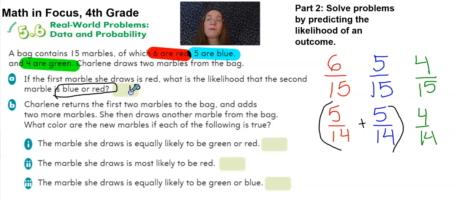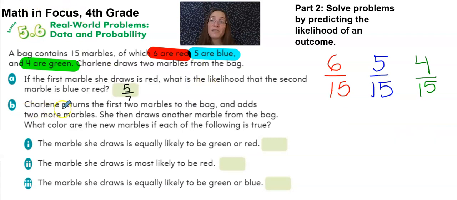Now I know that some of you are highly committed to finding the simplest form of a fraction, and it will be required in our next unit. So if I look at 10 and 14, what is a factor they share? I'm going with 2 because they're both even. If I divide 10/14 by 2 halves, then I will be left with 5/7. And so to express in its simplest form, the probability that the next marble will be blue or red is